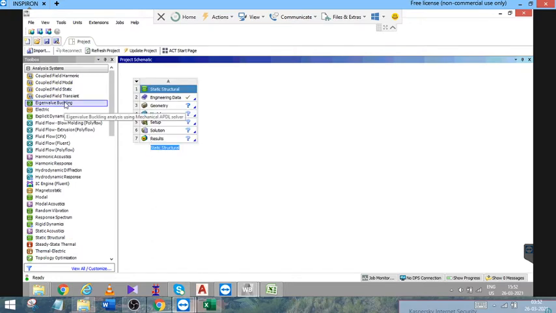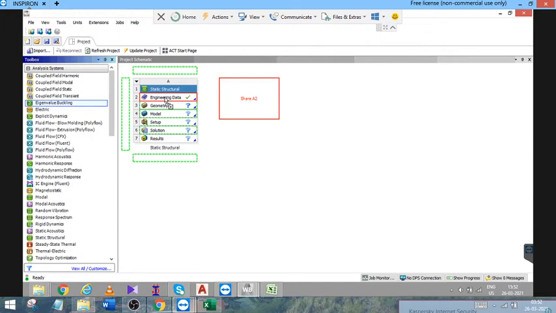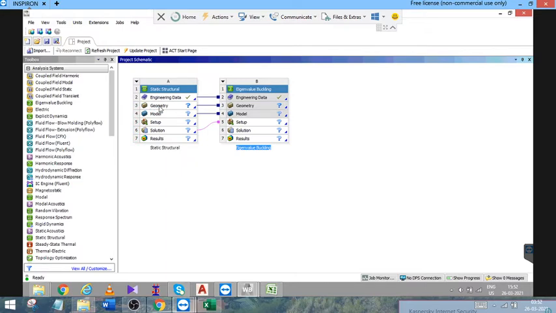After you have dropped the static structural into the project schematic, you will have to connect it with the eigenvalue buckling. This step ensures that all the results you have input to the static structural are provided to the eigenvalue buckling.